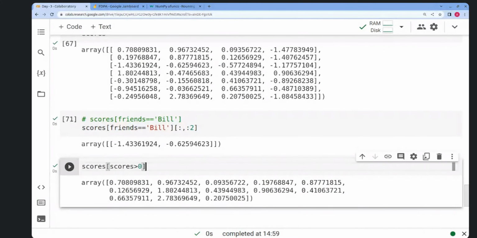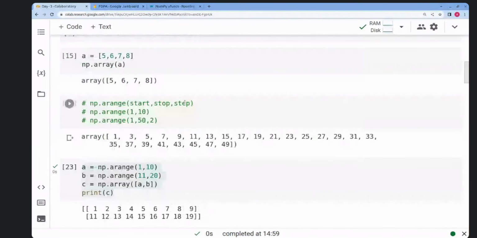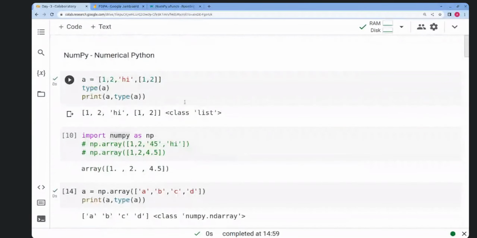So that must be good enough for you to understand NumPy. Yeah, that's all about numerical Python and arrays, guys. So this must be good enough for you to understand what is an array and how do we apply NumPy things on top of arrays. All right, so now we're moving on to the next library,